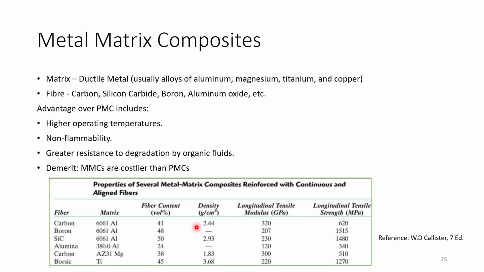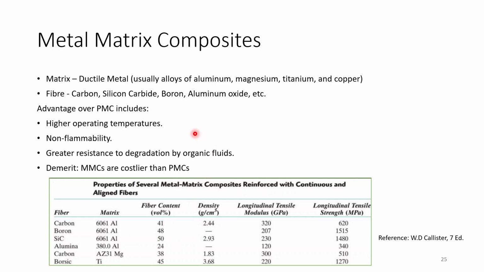Next up you have metal matrix composite. Now we'll be talking about it: based on matrix, you divide your composites into 3 types: metal matrix, polymer matrix or ceramic matrix, based on the material that is used in making the matrix. So first, in case of metal matrix composite, your matrix will be made of ductile metals, which are usually aluminum, magnesium, titanium, copper, etc. And fiber can be made of carbon, silicon carbide, boron